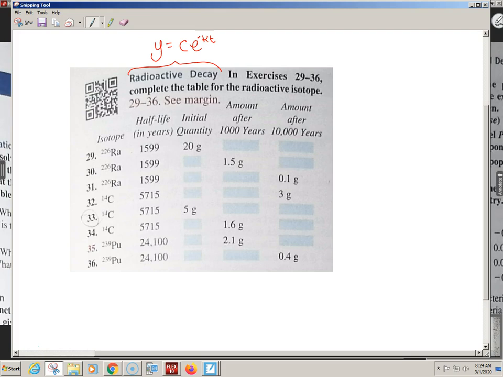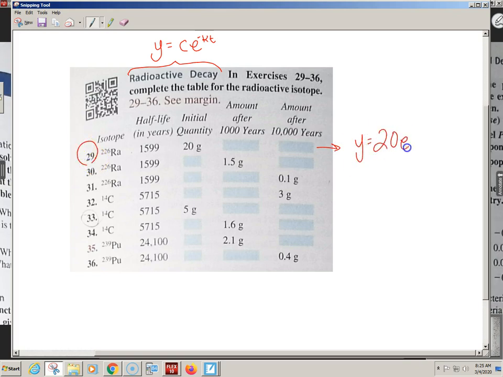However, let's just go ahead and take, well, you guys have 33, 36. Let's start hard. Or we could do something kind of similar and do number 29. Number 29 gives us the half-life in years and the initial amount. If we know that radioactive decay is following exponential decay, what can I do with this 20? Right away, I already know for number 29 that I can throw in that 20